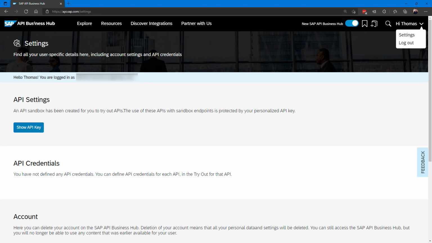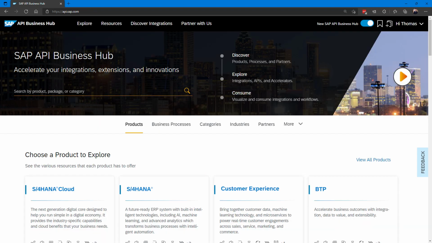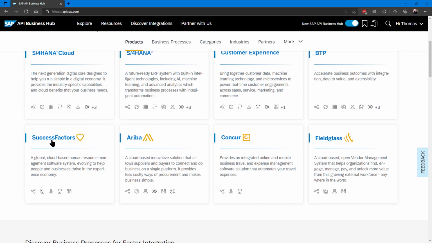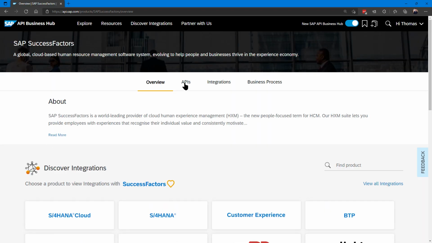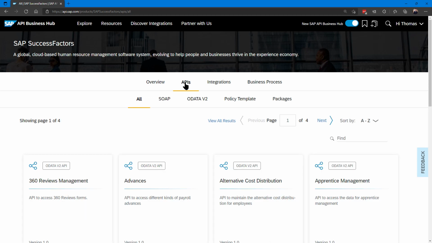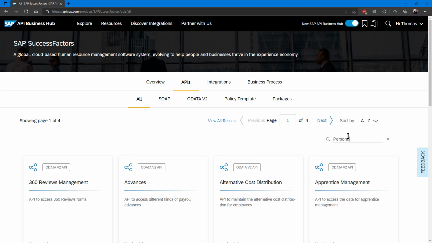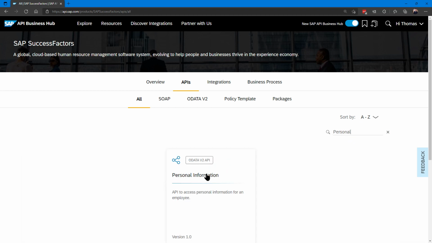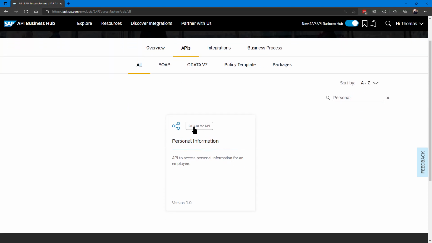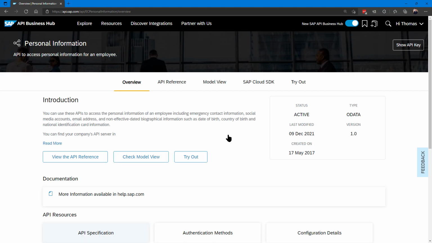in order to test in non-productive scenarios with the API Hub. But once you've grabbed that API key, then we need to find our specific API. So we're going to want to go to the SuccessFactors section of the API Hub. Let me just go to APIs. And we are looking for the personal information API. That's what we need to use to extend in this particular situation. So I'm just going to type in personal. There it is, personal information. We can see the technical details that it is an OData v2 API. And if we go ahead and click on that,